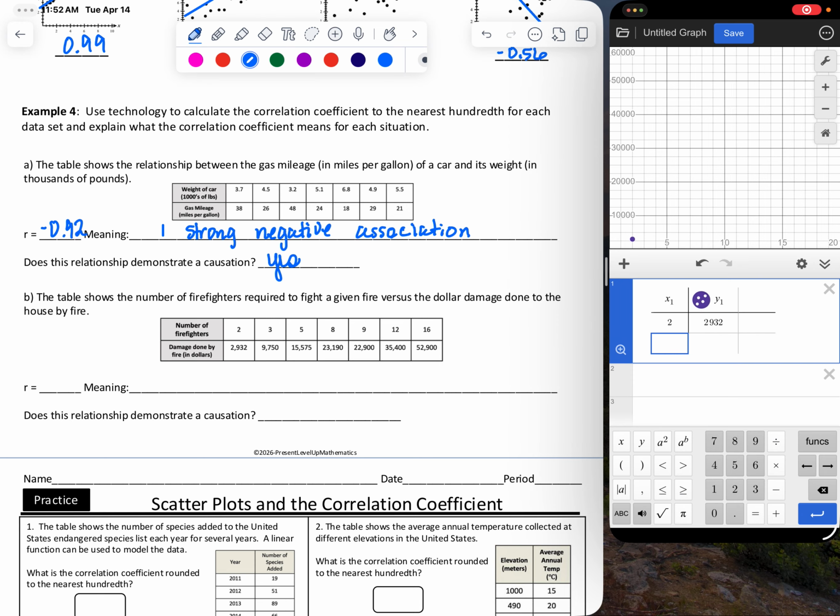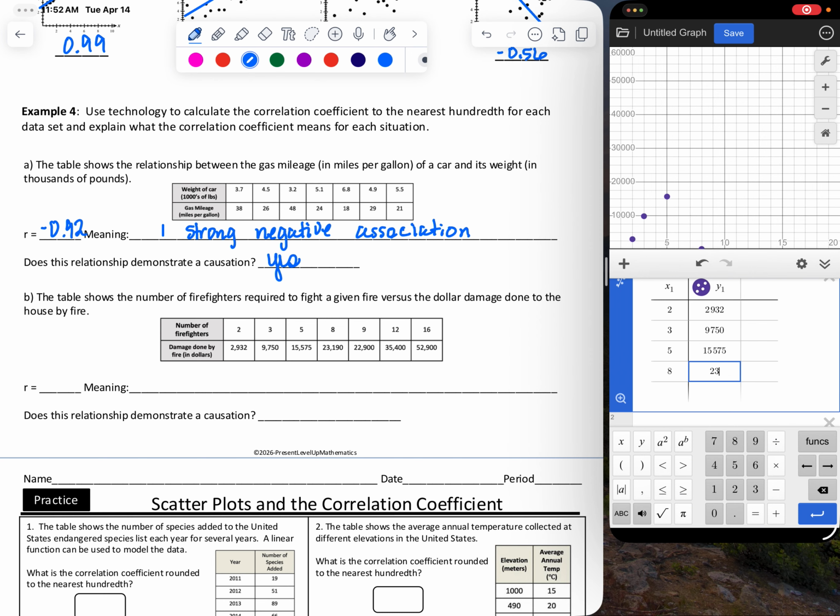2 firefighters, $2,932. 3 firefighters. The damage to the house was $9,750. 5 firefighters. The damage was $15,575. 8 firefighters. The damage $23,190. 9 firefighters, $22,900. 12 firefighters, $35,400. 16 firefighters, $52,900. All right, so we can see from our scatter plot, we have a positive association here,